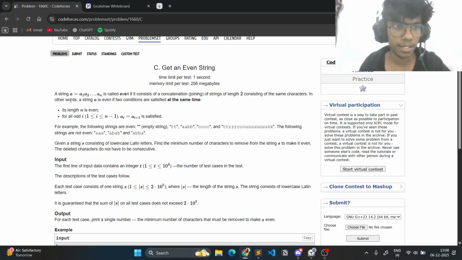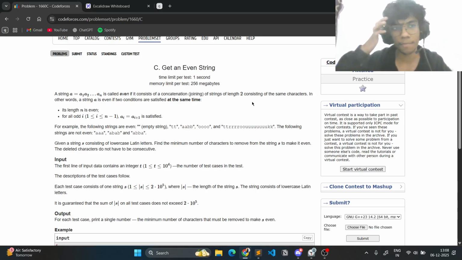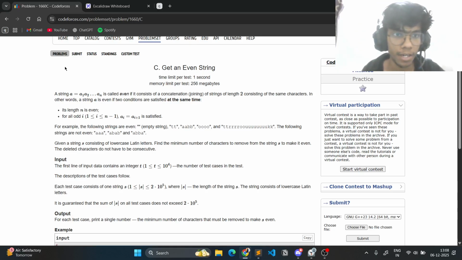A string A equals A1, A2, ..., AN is called even if it consists of a concatenation (joining) of strings of length 2 consisting of the same characters. In other words, a string A is even if two conditions are satisfied at the same time: its length n is even, obviously, and for all odd i, A_i must be equal to A_(i+1). Some examples of even strings are given here,